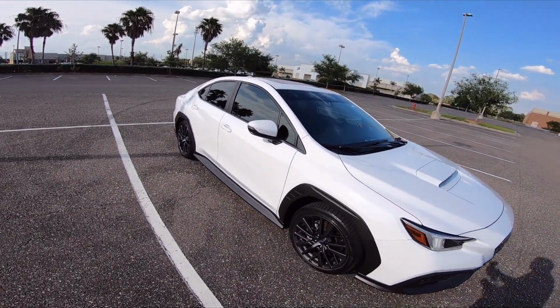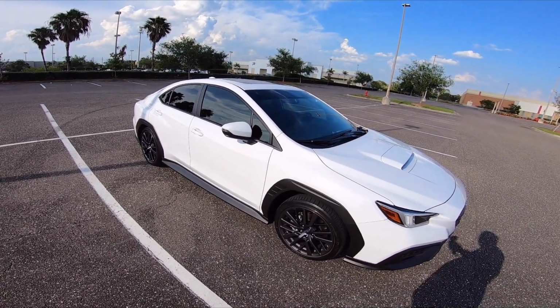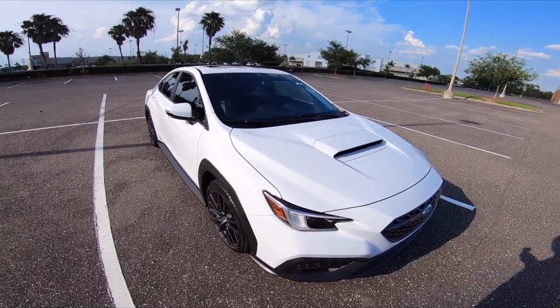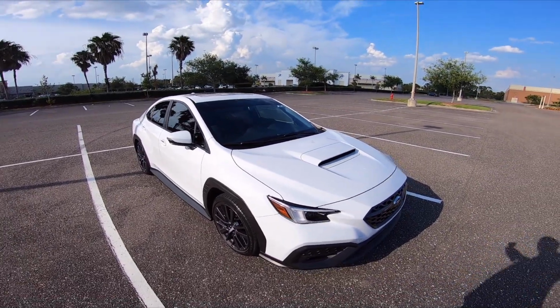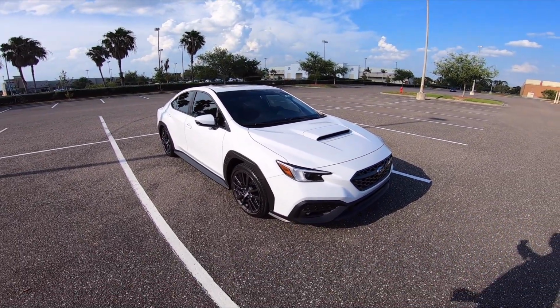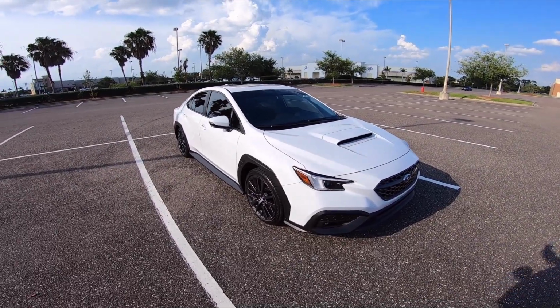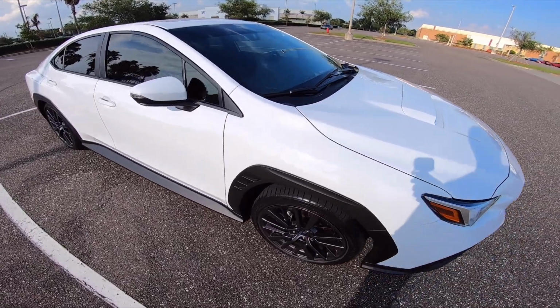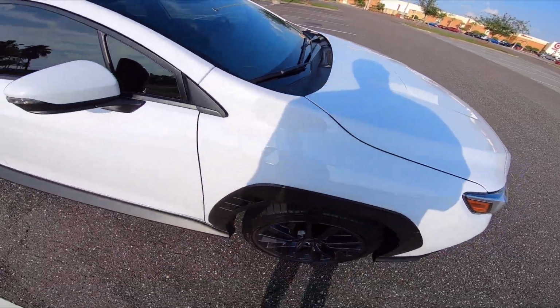So it's not light. It's pretty heavy, and stock, for what it is, it's not like the fastest or best performance car out there, obviously, but there's a couple of things that make this vehicle really special. Now, I know a lot of you don't like the side panels here,